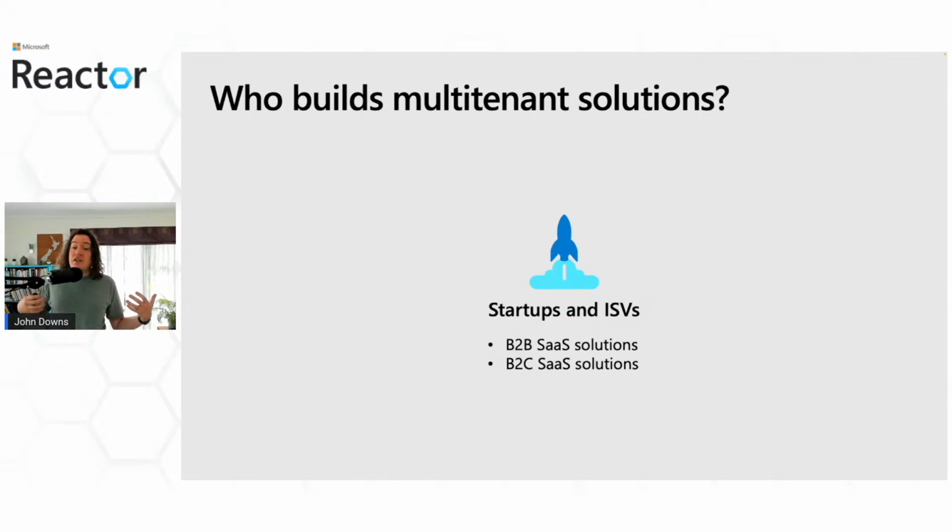Now, at this stage, it's important to clarify who the audience for our guidance is. So firstly, startups and other what we call independent software vendors, ISVs, might choose to build and make their own software available as a service. So either to businesses or to consumers, as we've just talked about, or both. This is based on their business model. And most SaaS, most software as a service systems, are multi-tenanted. That's part of their business model. And an ISV might deploy their solution to the customer's own environment as well. That's a form of multi-tenancy too.